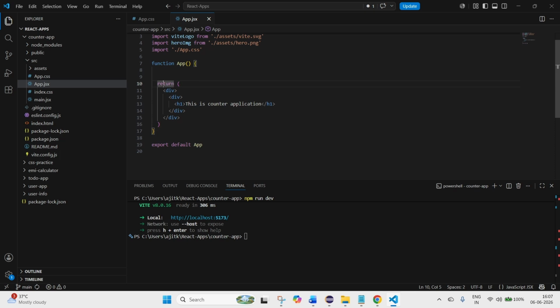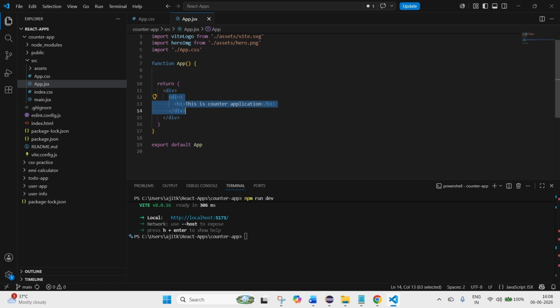If we do not return, React will not render anything, and we are returning in this closing bracket. So whatever we return in this bracket, React will render. So it is very compulsory to add this div also, this container also,